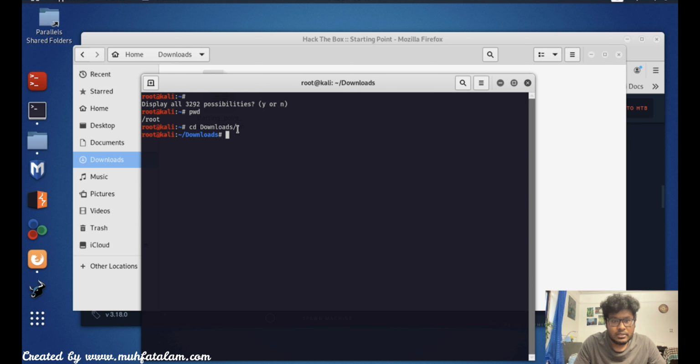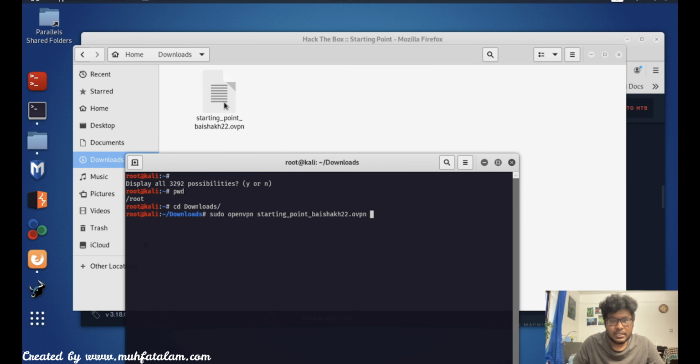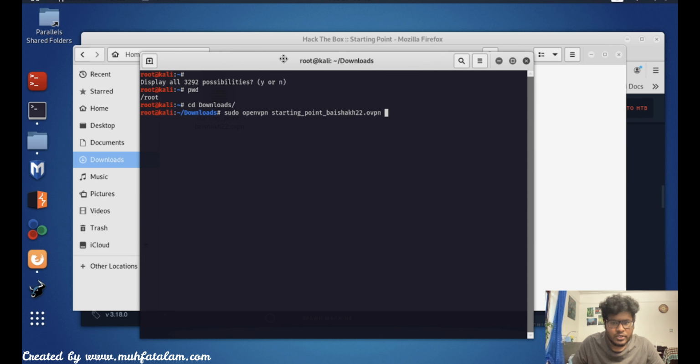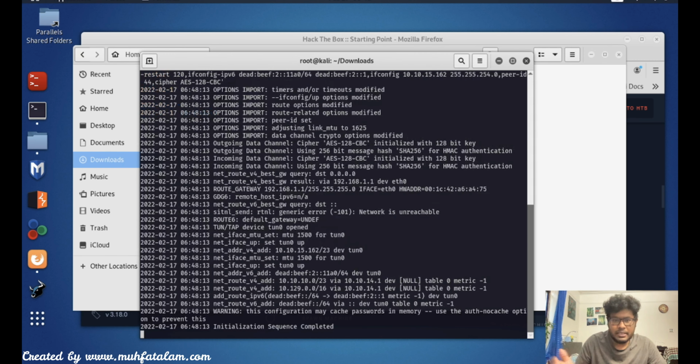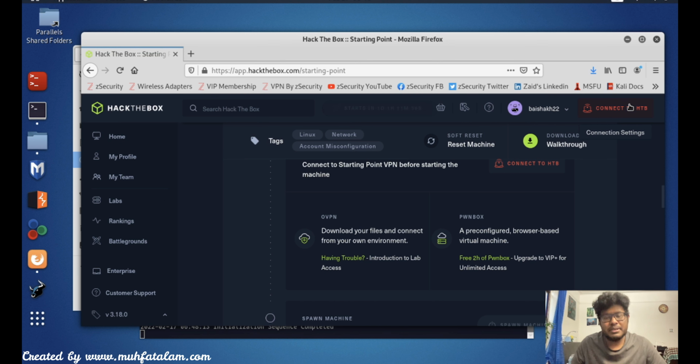Then I go sudo, like please, then openvpn, then I press S and T. It should be the same name as this one, but if you're lazy and don't want to type all the stuff, you just press the tab. You write down a few letters, then press the tab, and it completes it for you. It saves you time. So yeah, now I'm using OpenVPN and it should connect, but it takes a little bit of time,